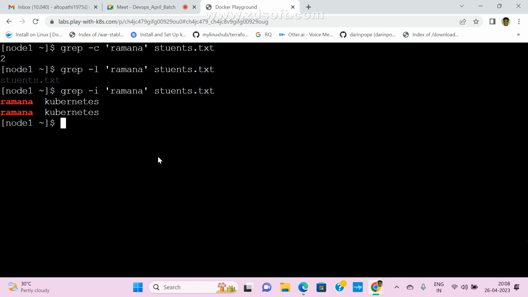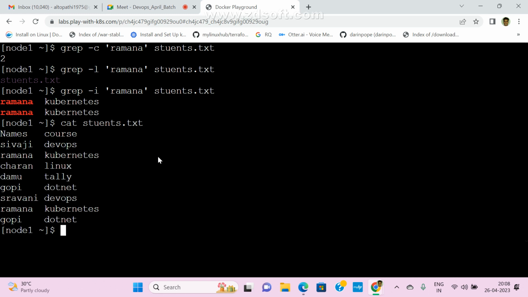Now, except Ramana, I want to display the other records. Observe here, this is my data, and I don't want the Ramana records; I want to display the remaining records. How to display? There is one option available, hyphen v.